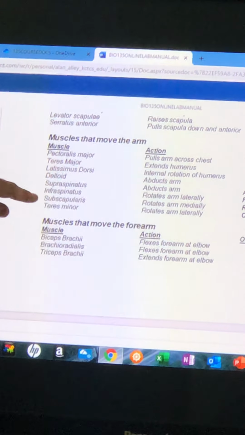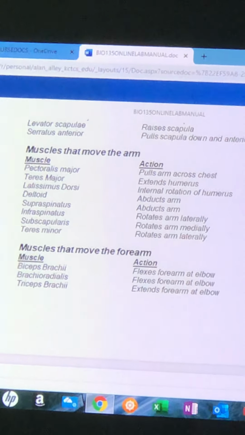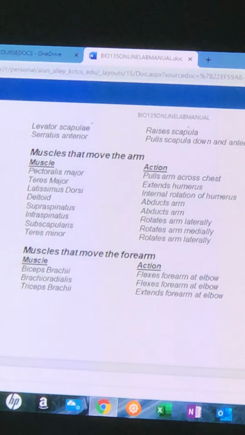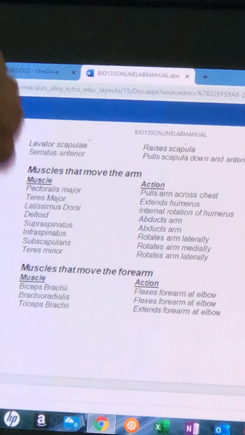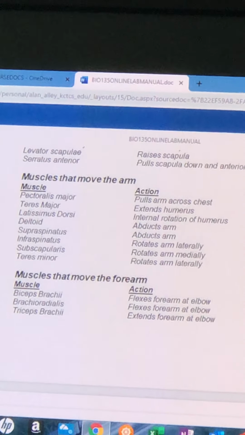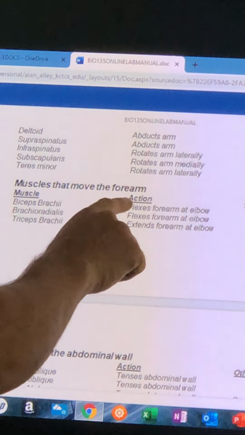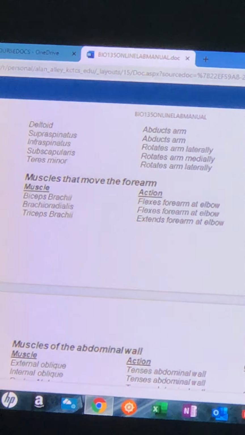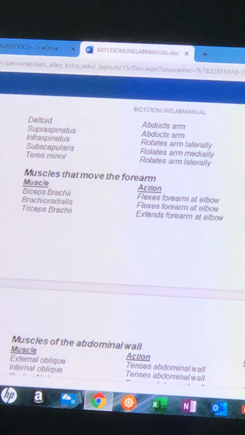Also, put a little X by subscapularis. You do not have to identify it on a picture. Again, I've given you the pictures. They may or may not be labeled, but they are labeled in your text, and there are 2 sets of them. If you know them on one, you should be able to know them on the other. All right, next group, I want you to know the action of the biceps and the triceps, both of those. In fact, you can mark out the brachioradialis. I will not ask you that